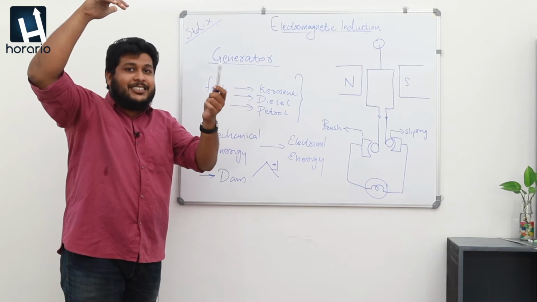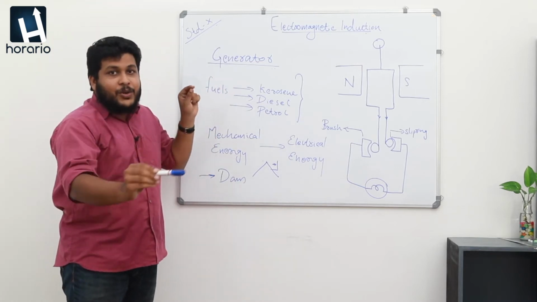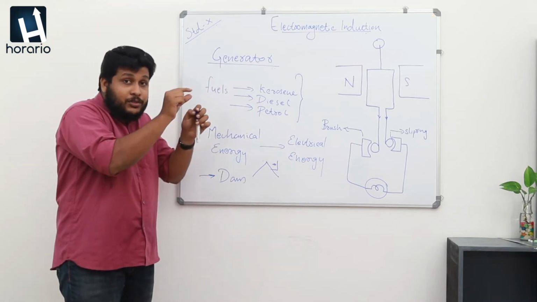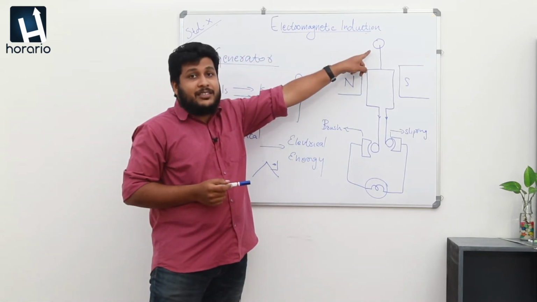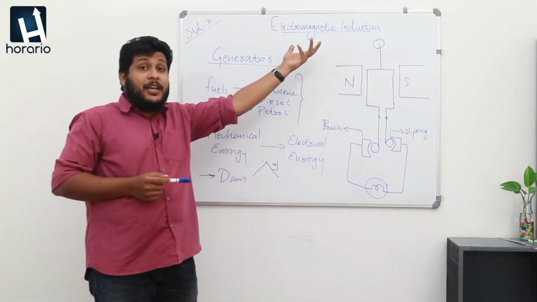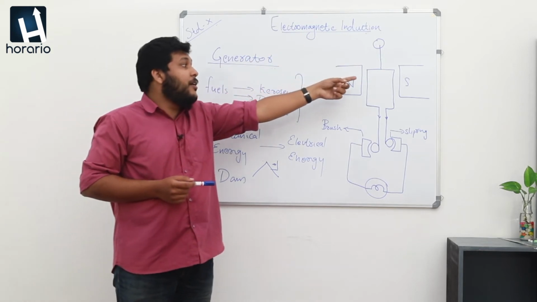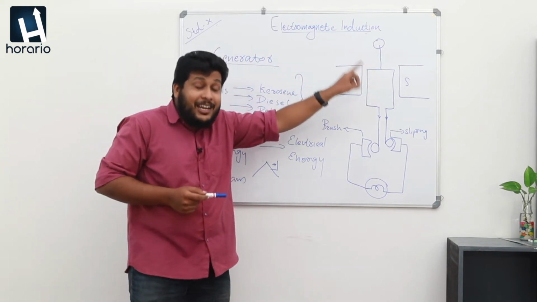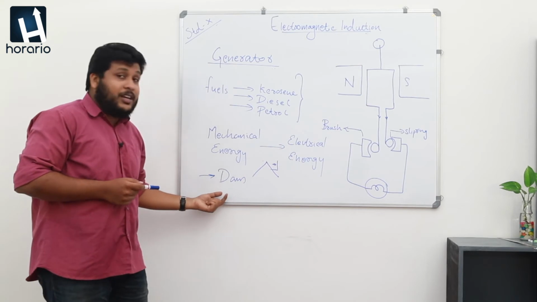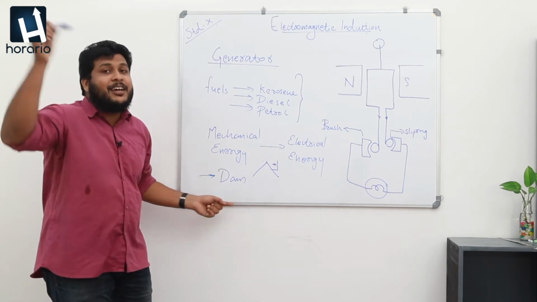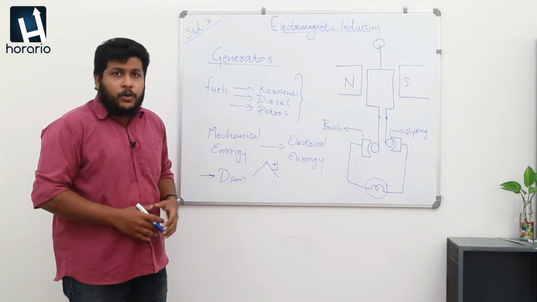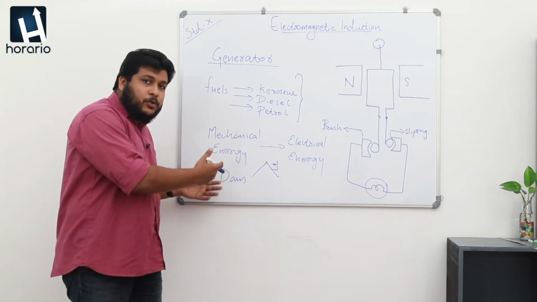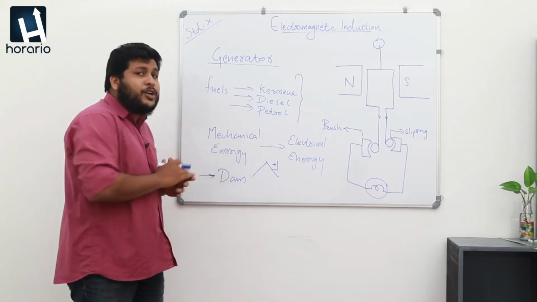That potential energy can be converted into kinetic energy when it flows through a pipe. And that pipe can be connected to the end of this region with the help of a turbine. We can rotate this armature, and that's how the energy production in a dam is taking place. This section can be elaborated in the coming sessions, as we have portions to study. So this is just an introduction.